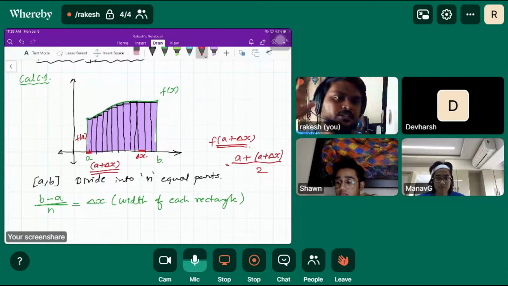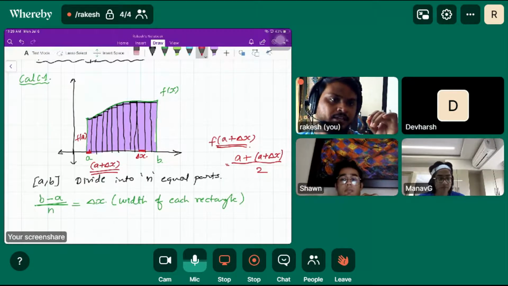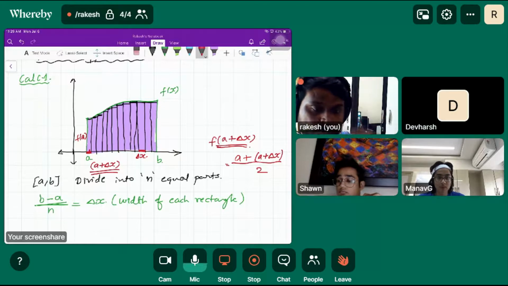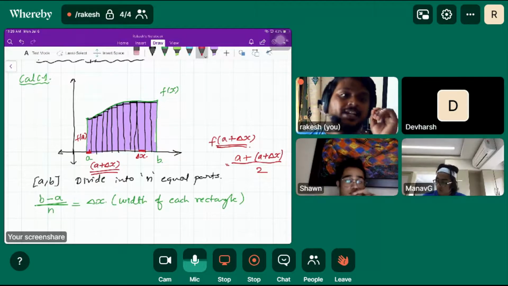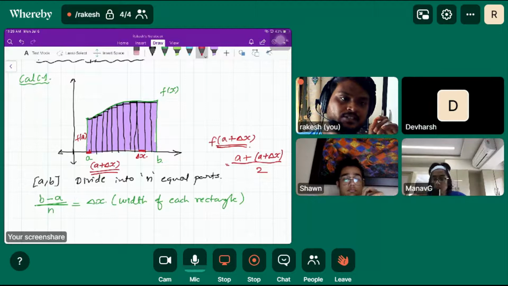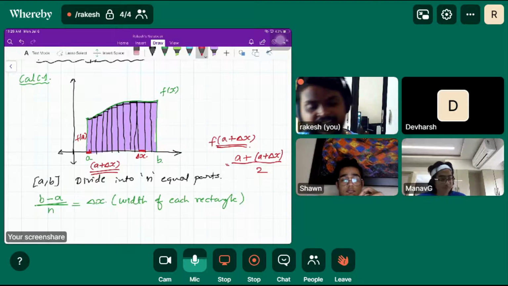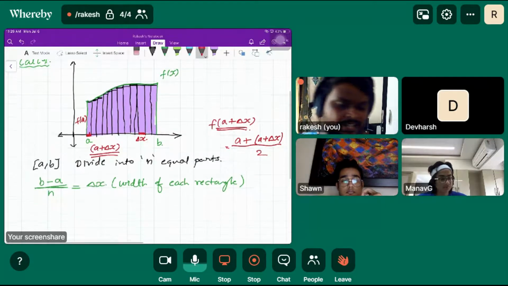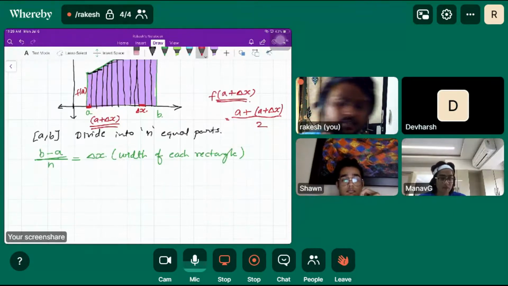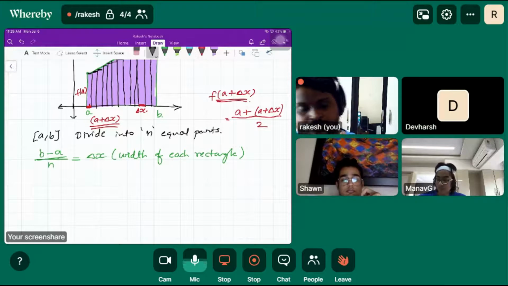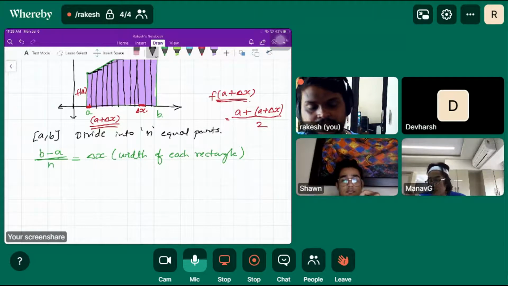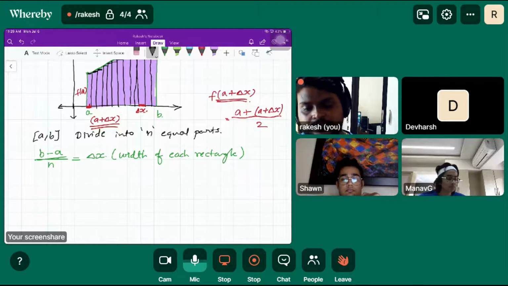Forget about that part. The main thing I want to convey here is that we can take any point, and it should be workable. In the same way, in Calc 3, we are going to discuss that. What is the width? Width is delta x. And what is the height of the function, like what is the height of the rectangle?